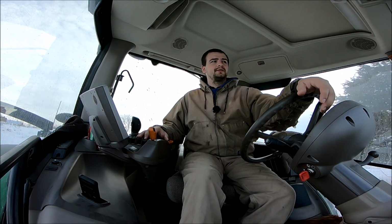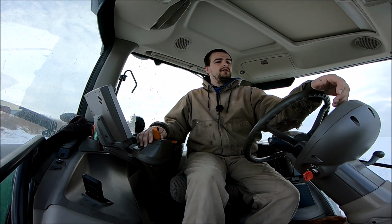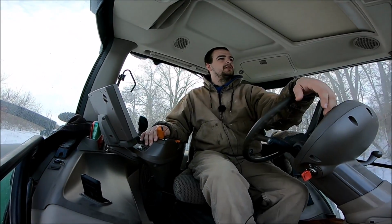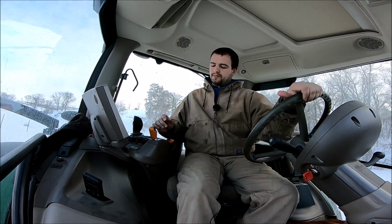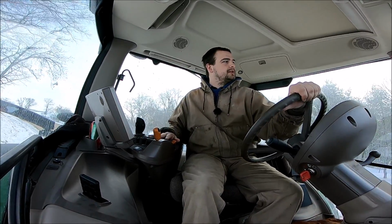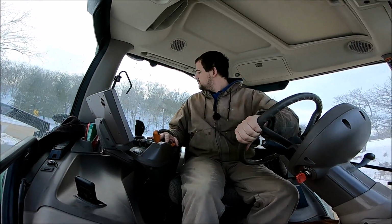It is nice. The button layout is pretty straightforward. It is IVT, and for being a road runner, which is kind of what this tractor is replacing right now, is my 76, I like it. The big selling point on it is you can set the transmission in a mode that, I don't know if it's full auto or what the technical name of it is, but you can put it in that mode, put the throttle all the way ahead, the engine will speed up, and then it'll drop back to a proper operating level. So if it doesn't need to run wide open to go, say, 5 miles an hour, if that's what you have the machine set for,